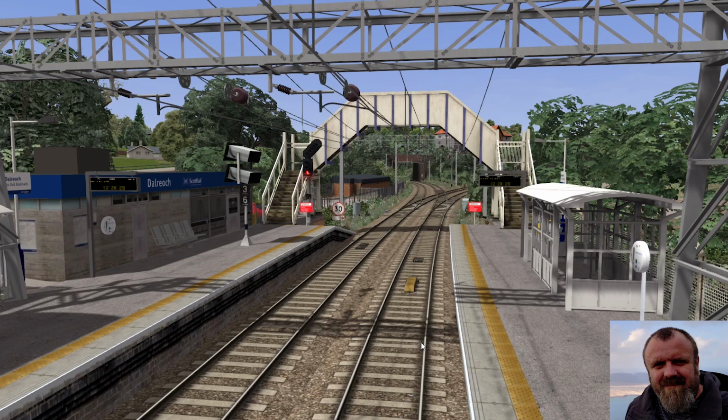But as the route developed, when I got slightly better at building things, that's when I started doing, let me try these platform warnings in Dalriach Station and stuff like that. And eventually I got to the point where I was able to do stuff like that. But you can see the stuff I made is more in the west of the route. The Erskine Bridge is another one. The stuff in the centre isn't like that. The central Glasgow area is the core of it, and is what Rivet have focused on.